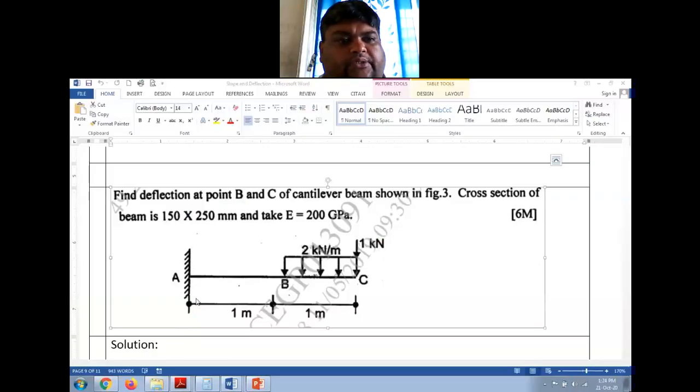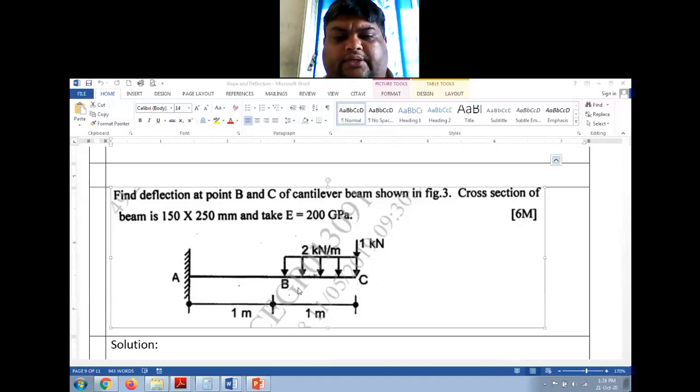So the numerical says find deflection at point B and C. That is, this is B and this is C of the cantilever beam shown in the figure. The cross section of the beam is 150 by 250 mm. Take E equal to 200 gigapascal. Now,